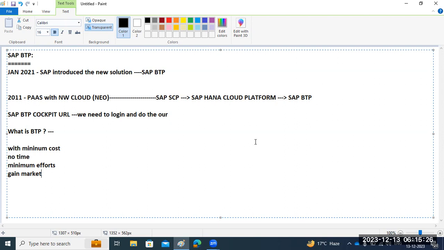They can directly go to the BTP cockpit URL, pick whatever you require, then use it, and monthly you can pay the bill to SAP. That is what a ready-made solution means. I mean to say, for customers, how it is useful: it's a ready-made solution. Suppose it is a new customer who wants to build a solution in the organization. Suppose it is an existing customer who wants to build cloud solutions,